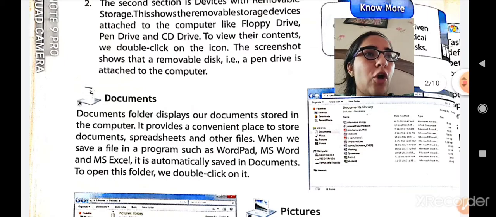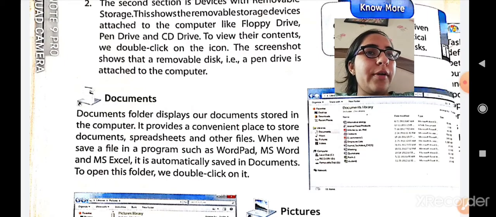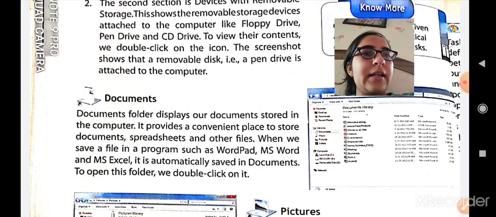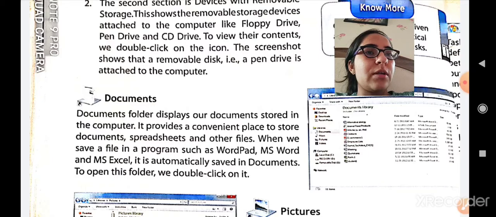Next icon is documents. The documents folder displays our documents stored in a computer. It provides a convenient place to store documents, spreadsheets and other files. When we save a file in a program such as WordPad, MS Word and MS Excel, it is automatically saved in the documents. To open this folder, we have to double click on it.